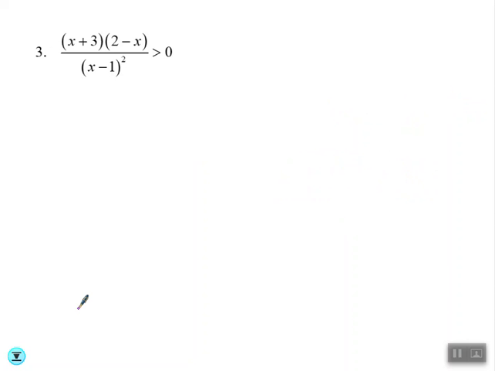Now let's take a look at rational inequalities. Same basic idea. This one already has everything on one side. It's already factored for us. So we just need to look at it and say what the zeros are and what the excluded values are. Well, the zeros are just like the x-intercepts of the graph. We want to look at where the numerator is equal to 0. The excluded values are like the asymptotes. So where the denominator is equal to 0,